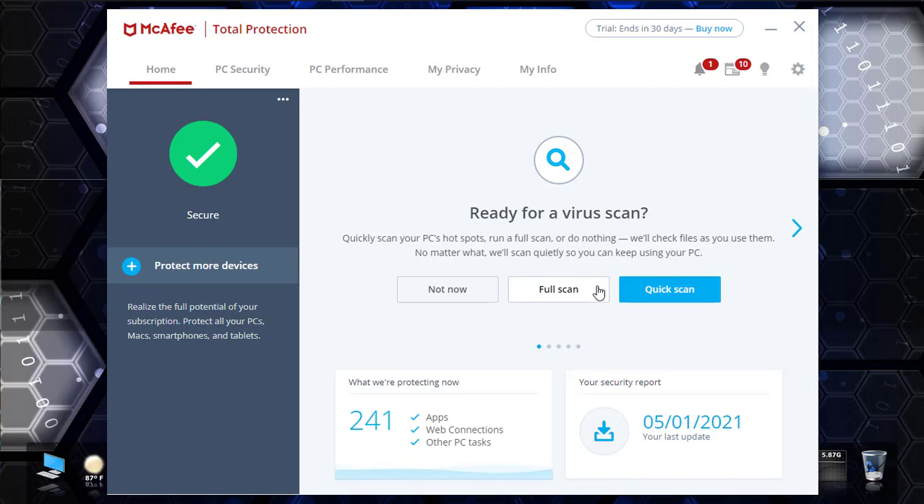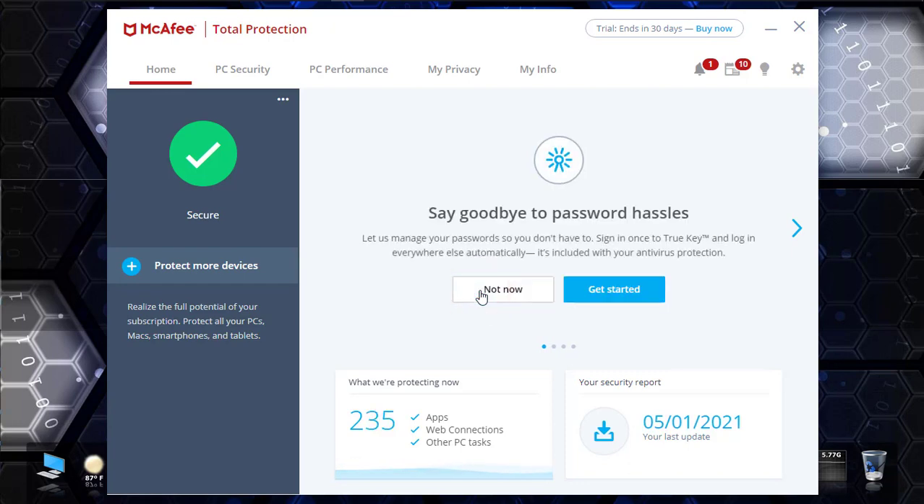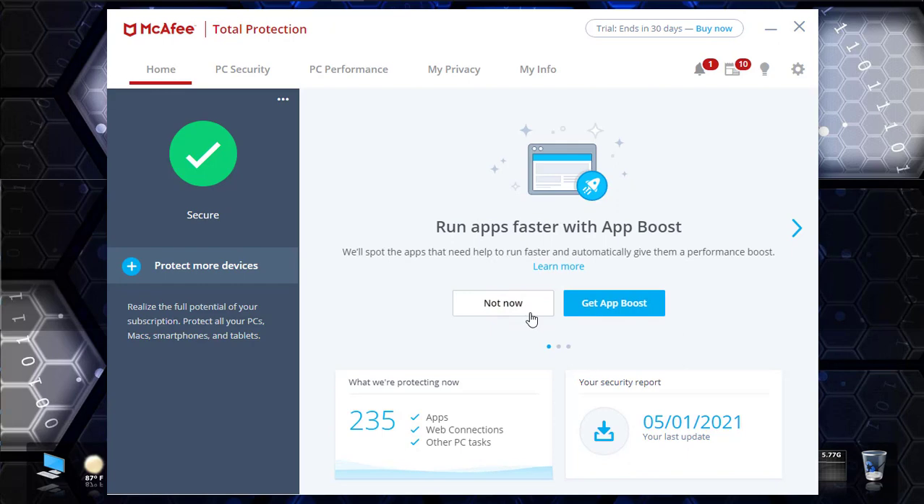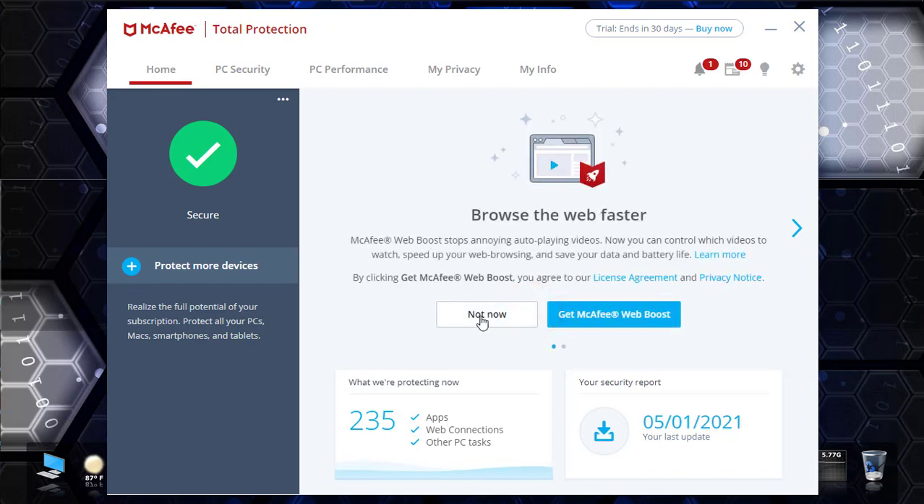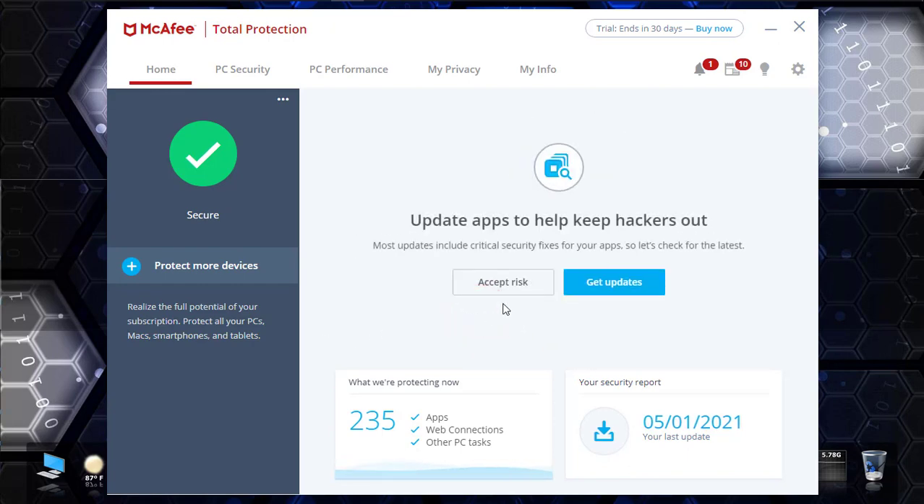this is the trial version of McAfee Antivirus, and you can use it for 30 days, and if you want you can run a full scan, quick scan, etc. Okay, I'm just going to click on not now, and you can do everything later. And we may need to update it. Okay,